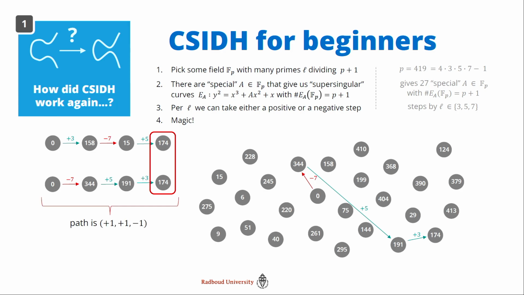Now, that means we can also denote this path quite efficiently. Namely, we only need to remember how many steps we did of which degree. So for example, in this toy example, we did 1 positive step in degree 3, 1 positive step in degree 5, and 1 negative step in degree 7. And then you can denote it as +1, +1, -1. And for CSIDH, essentially we do this, but for a much larger prime, where we have 74 l_i's, and we take a bit more options per degree. So we can do maybe even 5 steps of +3, and, I don't know, -3 steps of degree 5.